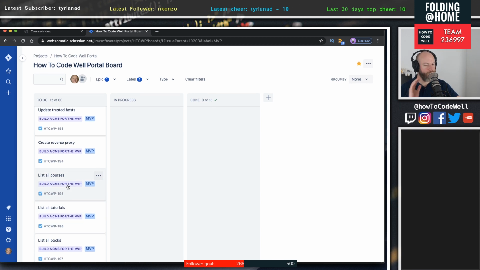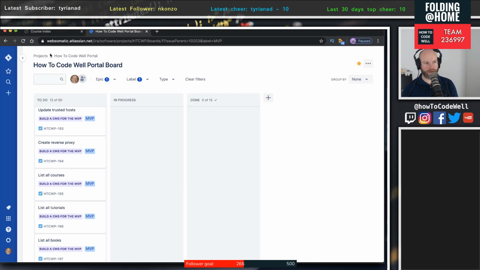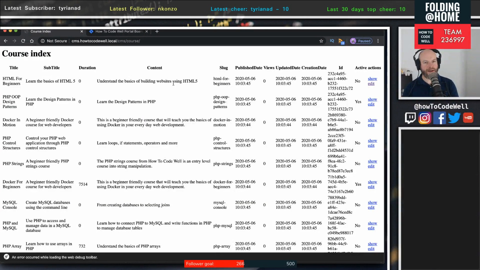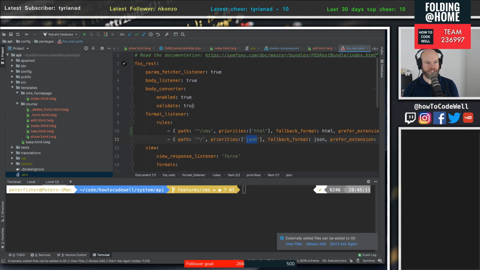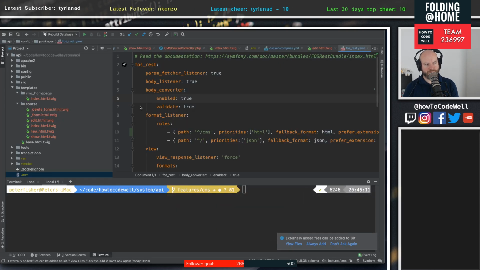Okay, in any way, shape, or form, to me, this doesn't look great, but it's functional, and that's what I need right now. Okay, so another caveat to this is that anything I need to change in terms of the entities, I must